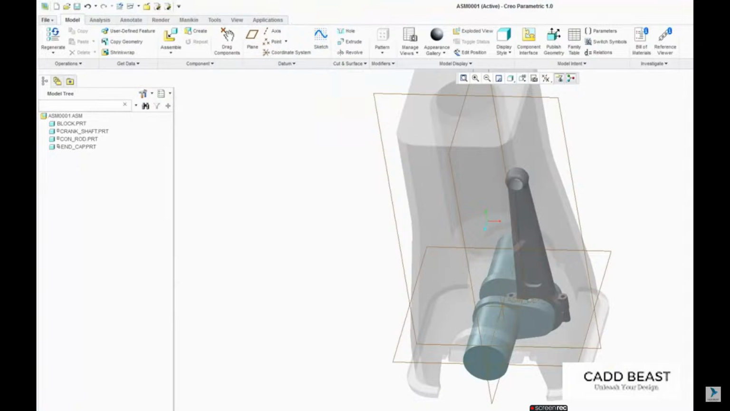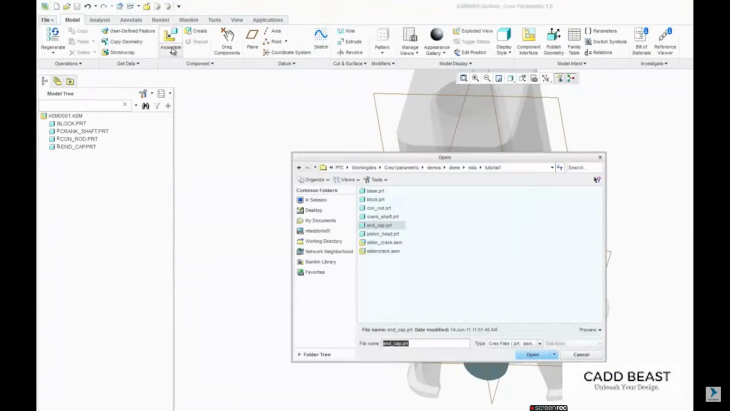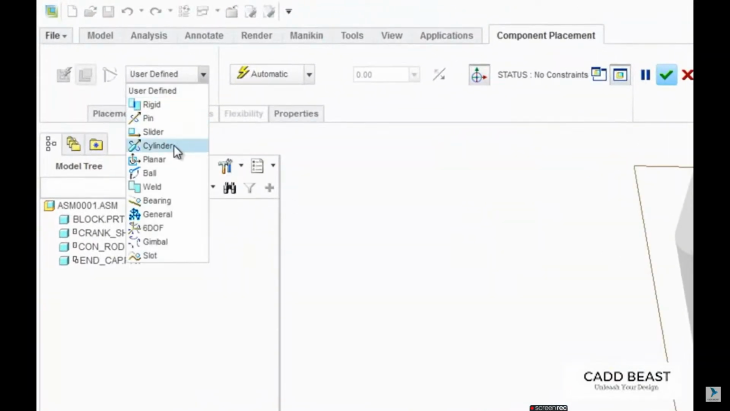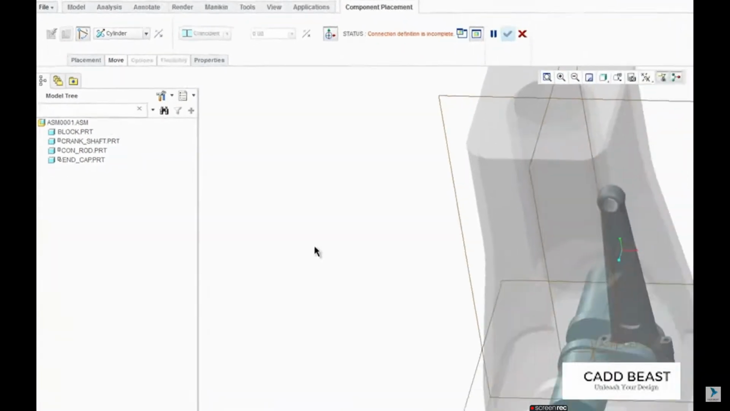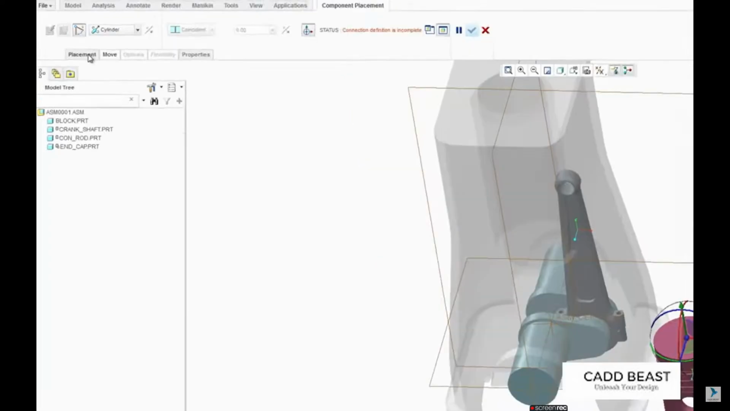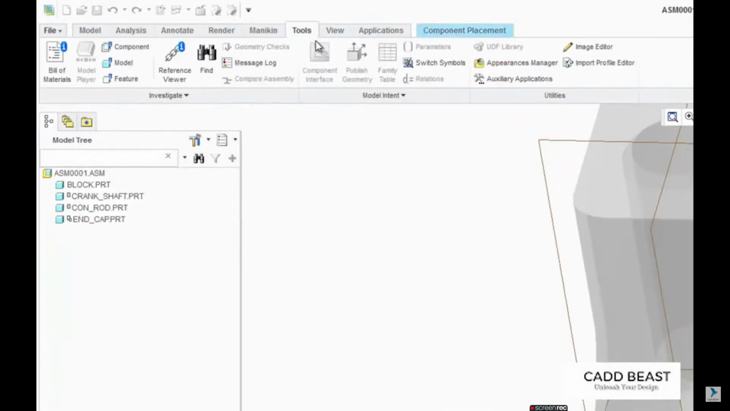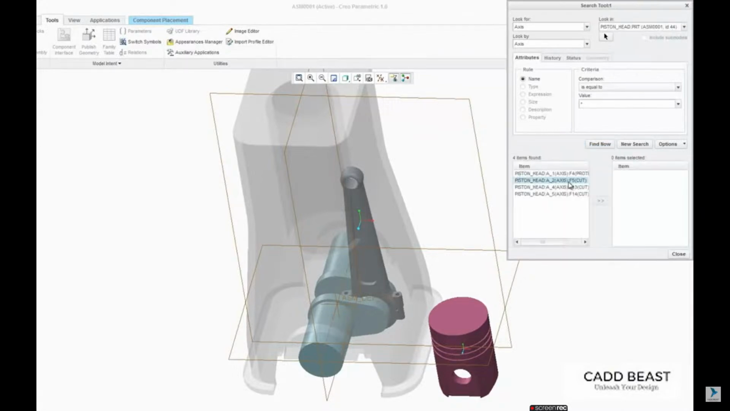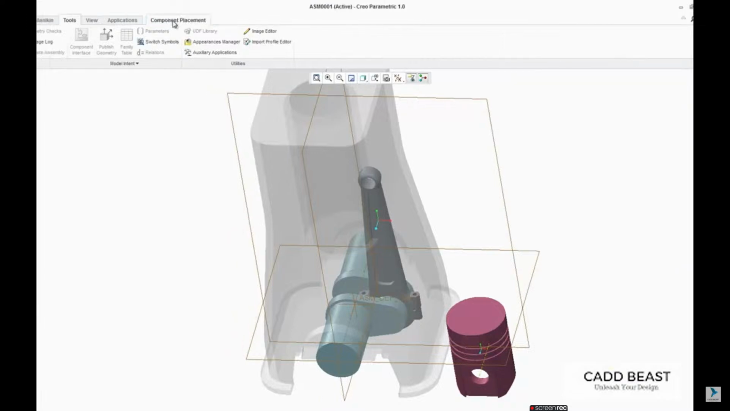Again, I'm going to insert another component, so I'm going to click on Assemble, going to click on the piston head part. This time I'm going to use another connection set, but this time it's going to be the cylinder. The cylinder connection allows translational motion along the defined axis. So for this first part, I'm going to click on Axis Alignment. I'm going to choose Tools, Find. Now I'm going to use Axes. And first I'm going to use the piston head. Find now. And I believe it is Axis 2. So I'm going to bring that over, close this, go to Component Placement,